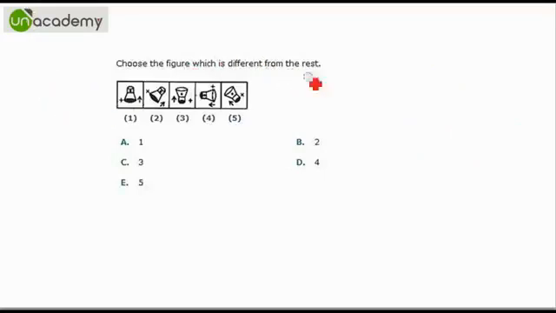Here we have a tumbler like shape, something like this. This area is shaded and we have a dot here and a plus sign and arrow. So we have some shape like this and it is rotating in some way. Let us try to find out relation and differences between them.